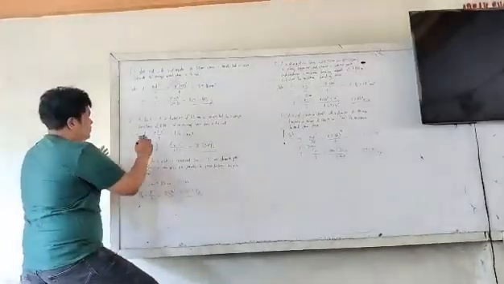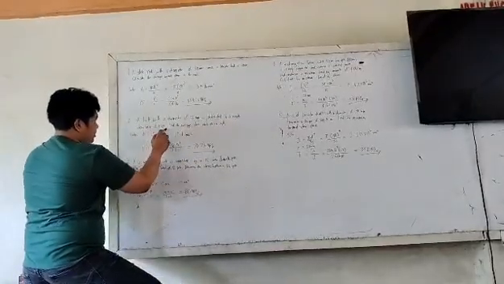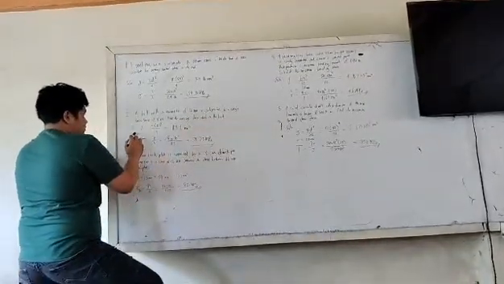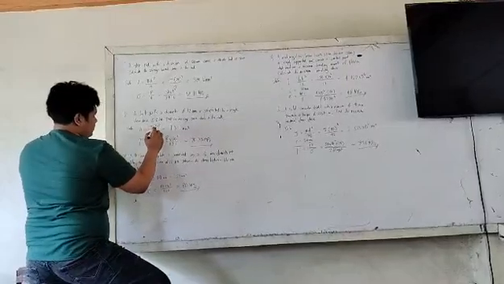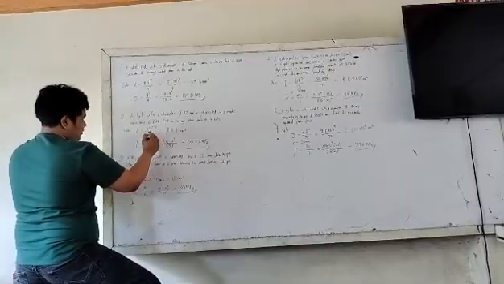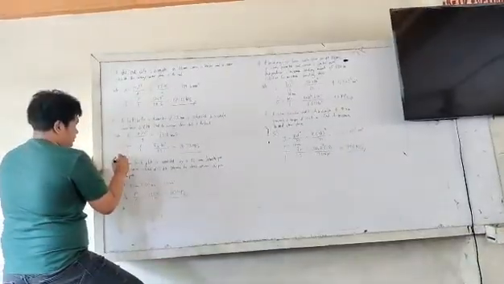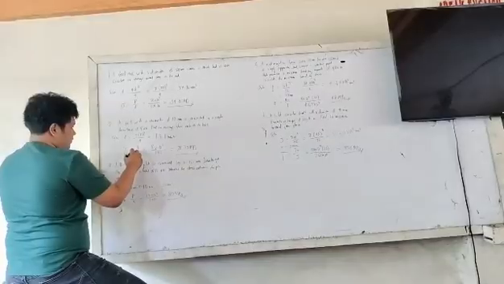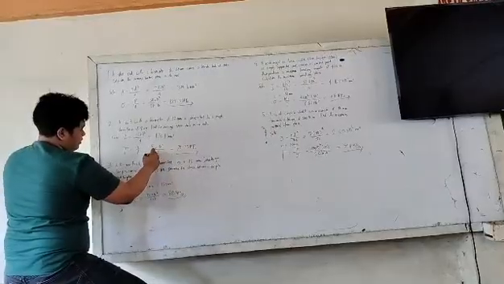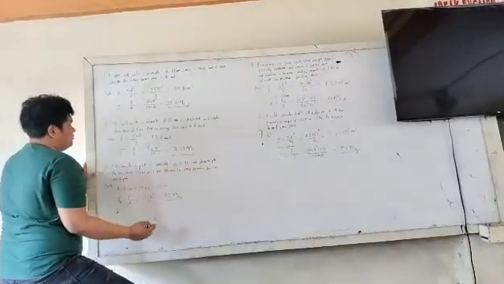So next we have a bolt with a diameter of 12 mm subjected to a single shear force of 80 kN. So find the average shear stress in the bolt. The solution: area is equal to pi d squared over 4. Inputting the values, pi 12 squared over 4, we have 113.1 millimeters squared. So the shear stress tau is equal to V over A is equal to 8 times 10 to the 3 over 113.1 is equal to 70.73 megapascal.